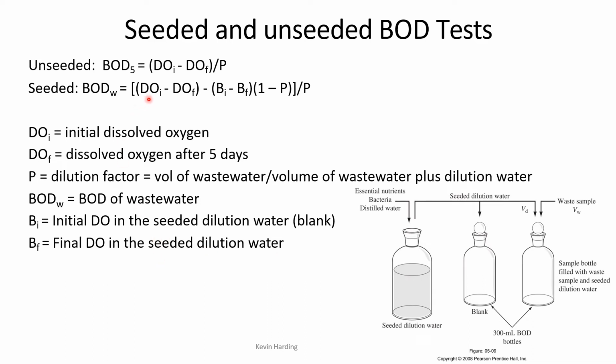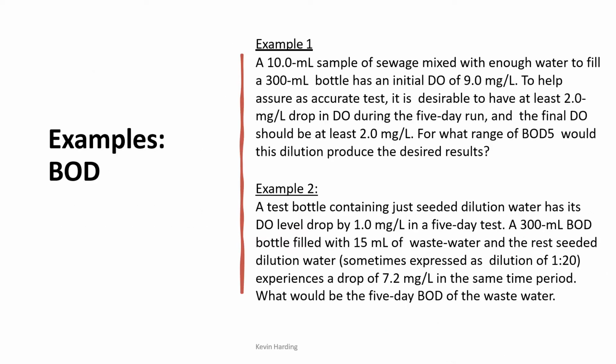That calculation is now the same first part, the dissolved oxygen initially minus the dissolved oxygen final. We now minus BI minus BF, where that is the initial dissolved oxygen in the seeded dilution water. So that's going to be the water that we then add to our test sample, minus the amount of dissolved oxygen, B, in the final diluted wastewater. Again, we then have to multiply by a dilution factor, 1 minus P, and divide everything by the dilution factor P as well. Examples, so I'll let you read through these examples. These are very similar to the ones that I've given you in this week's TUT on how I could test